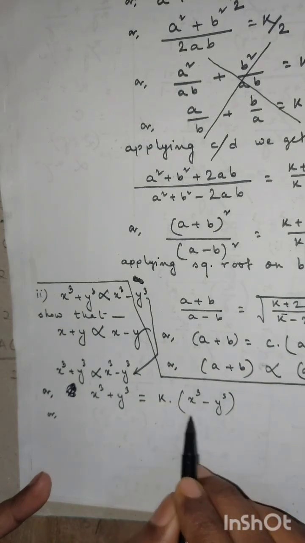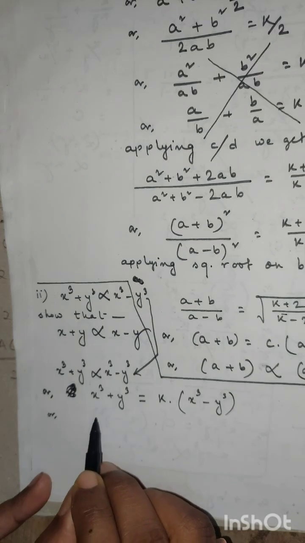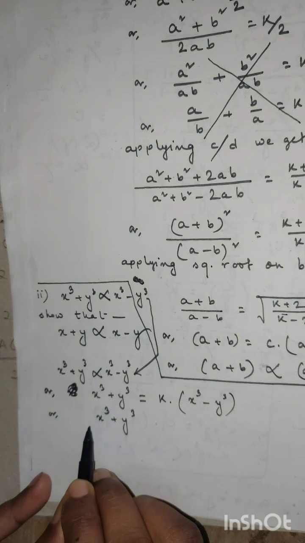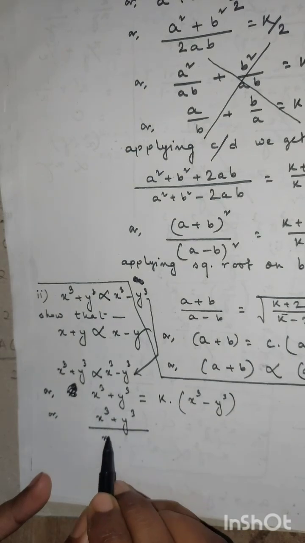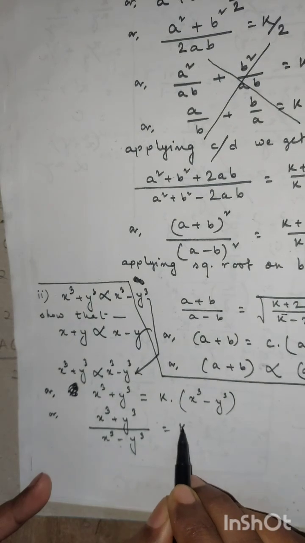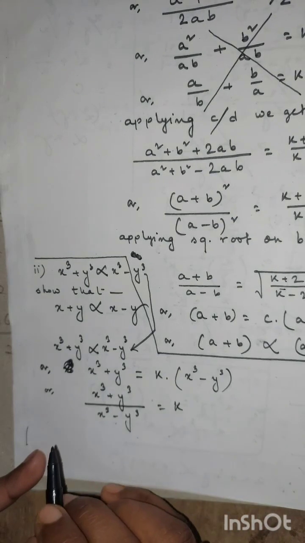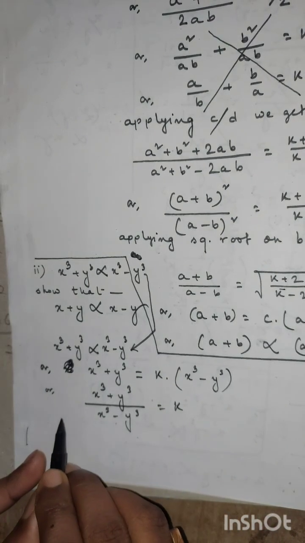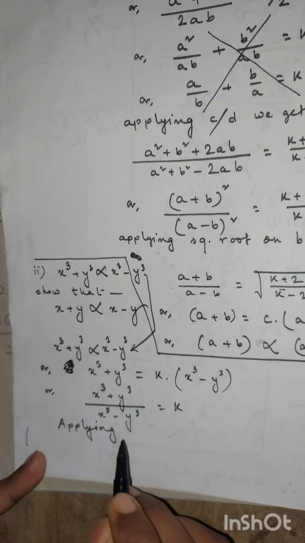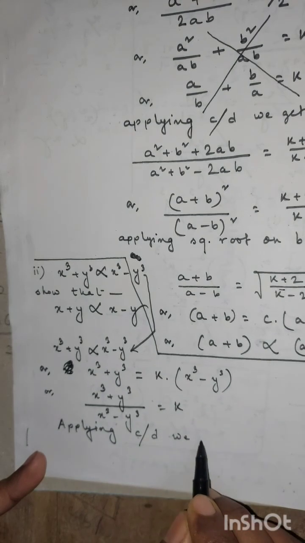Now if we take this quantity to the left side, it becomes x cube minus y cube equal to k. Now applying componendo dividendo, we get